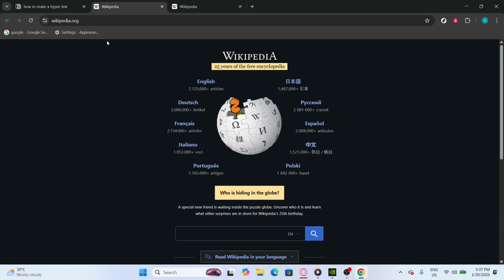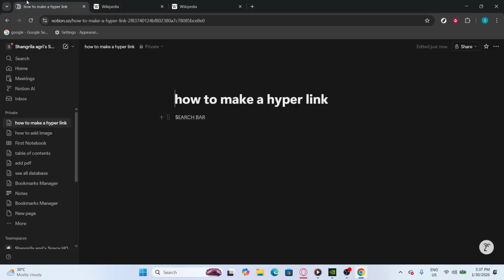To test the hyperlink, click on the text that you've just turned into a hyperlink. This action should open the link page in a new tab, confirming that your hyperlink works correctly. If you need to make any adjustments, you can always highlight the text again and repeat the link adding process. This flexibility allows you to refine your